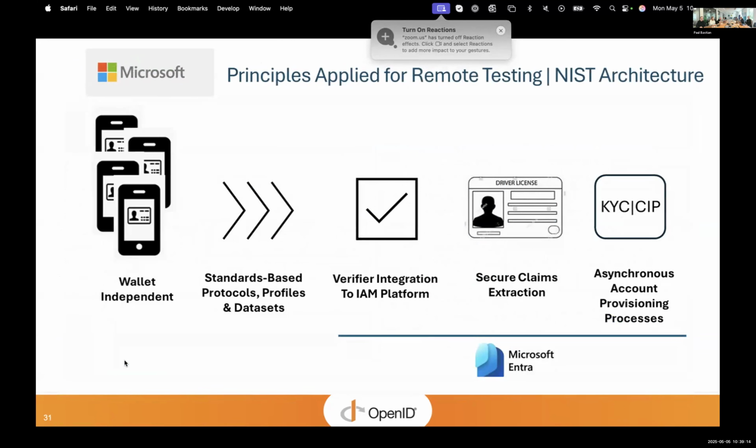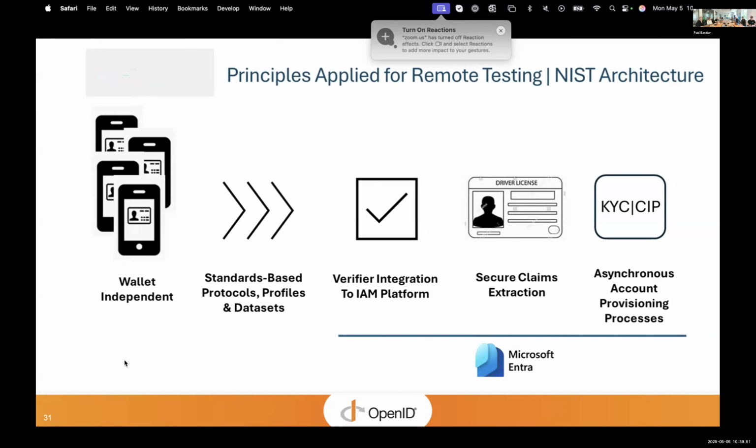So I'm Juliana Kapik. I am the lead for the NIST NCCOE project within Microsoft. We also are heavily invested in standards development through ISO, through the OpenID Foundation, W3C, and so on, and are really excited about the NCCOE's project because it enables us to step back and use our core competencies as an IAM platform to be able to support multiple wallets.